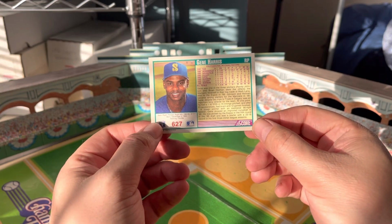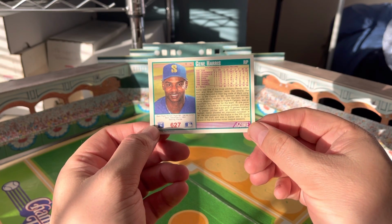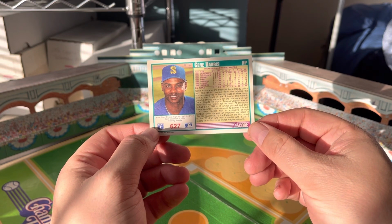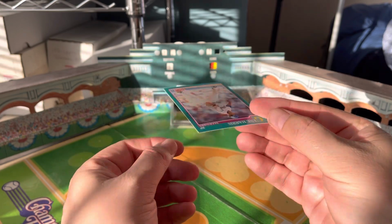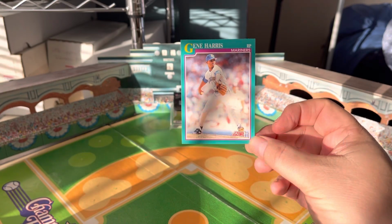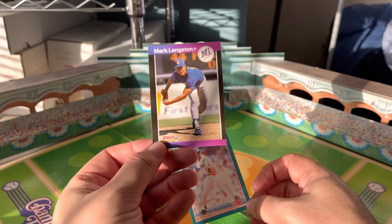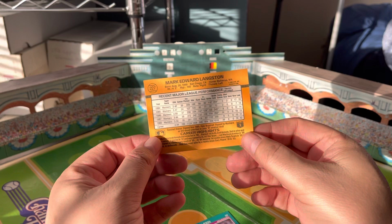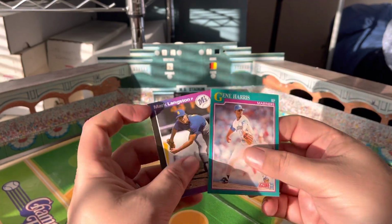Gene was one of the 3 pitchers, including Randy Johnson and Brian Holman, who were the others, the Mariners received in their big trade of Mark Langston to the Expos in 1989. So this individual was on the Expos and got traded to the Mariners. Mark Langston, here's his 1989 Donruss card, was traded from the Mariners to the Expos. I think that was the reason that this is kind of interesting to me is these 2 cards were in